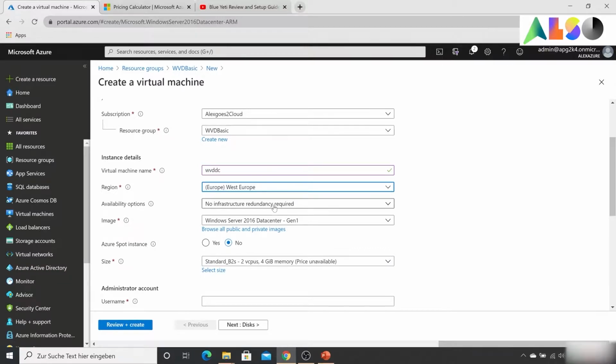If you want to add another one for redundancy, you can add another one, and then you have to add an availability zone or an availability set to make sure that the VMs are not running on the same hypervisor. So if one of the machines is going down or the infrastructure is failing, then you have the other one. And keep in mind, as the price calculator suggested,